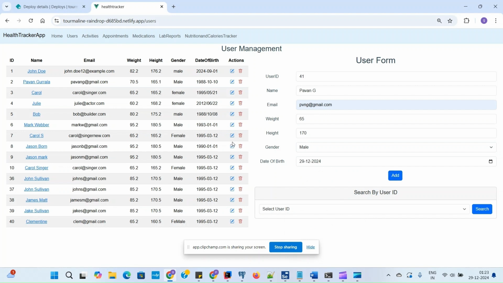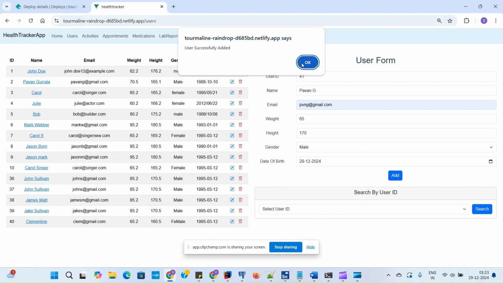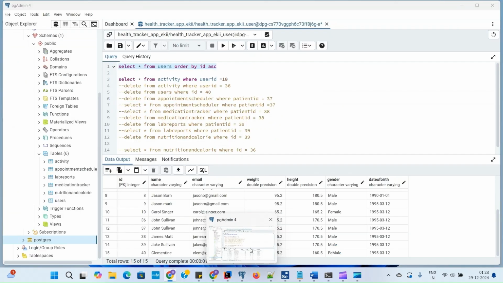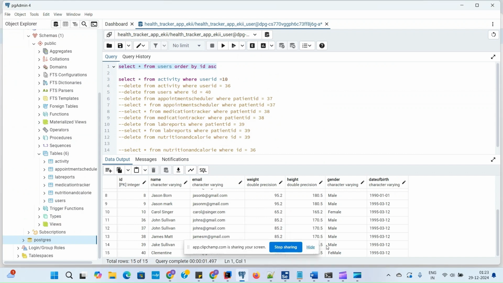Once I click this add button, we'll get a pop-up, user successfully added, and that particular user will be reflected over here. Now we will go to the backend and we will check whether this has been added or